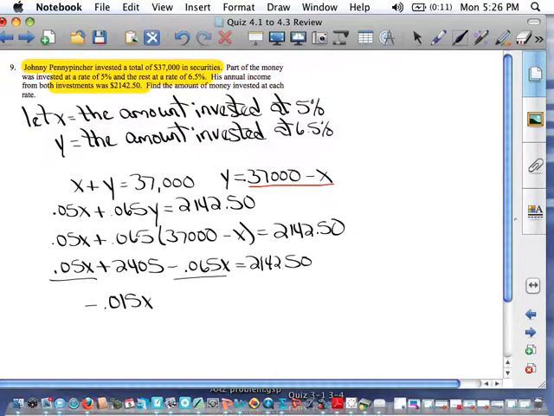Subtract the 2,405 from both sides, and you will get negative 262.50. Divide both sides by negative 0.015, and you will get that x is equal to